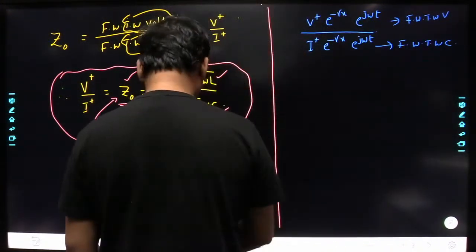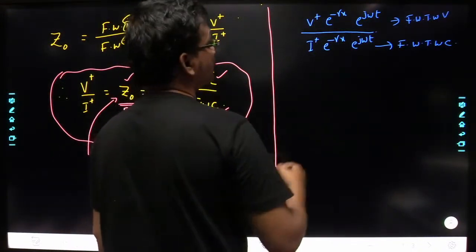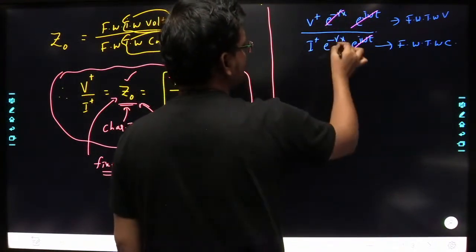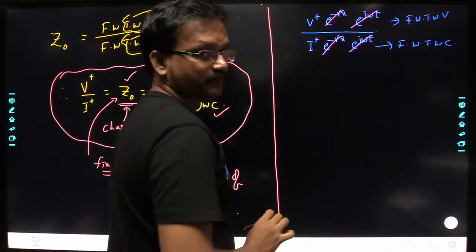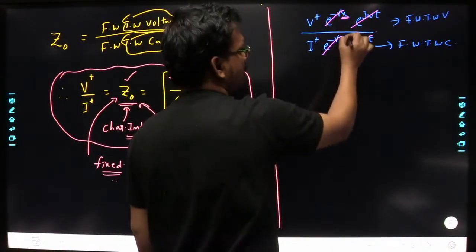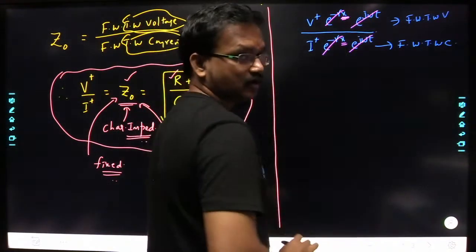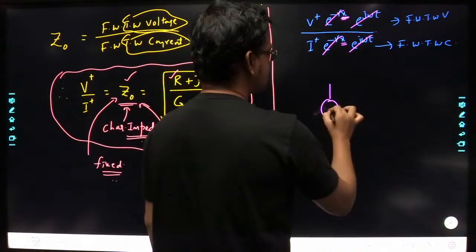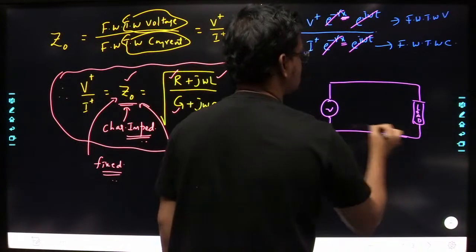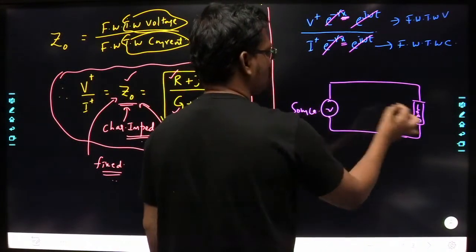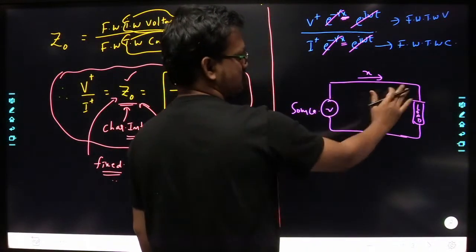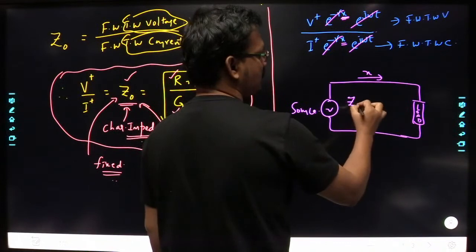Understood? So whenever you are taking this ratio, what is happening here? E power j omega t will cancel, and e power minus gamma x will also cancel. Understood? Okay, so that means it is becoming independent of x. So this is the transmission line here, this is source and this is load. We have considered the distance from source to load as x. So as you move along the transmission line, the characteristic impedance is equivalent to